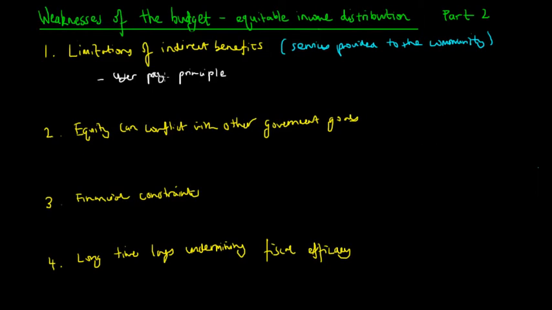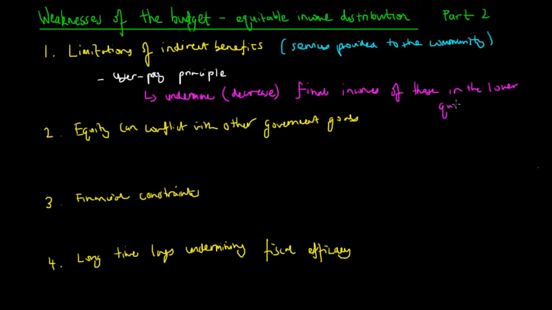So this user pay principle here would then undermine or decrease the final incomes of those in the lower quintile or quintiles. So we talked about how income distribution can be separated into 5 quintiles, the lower quintile being the